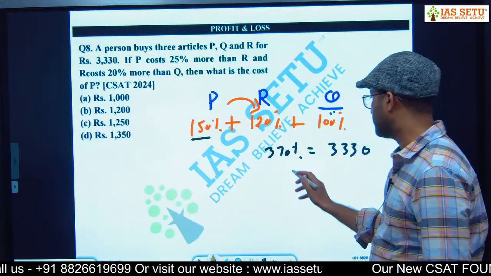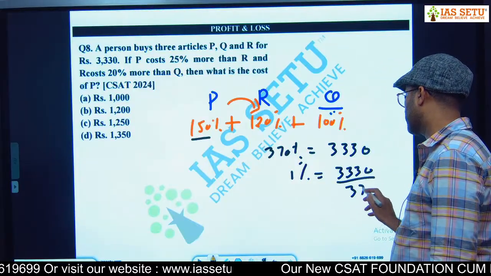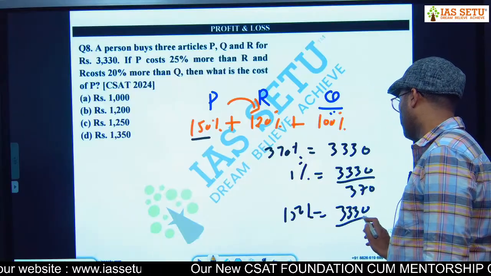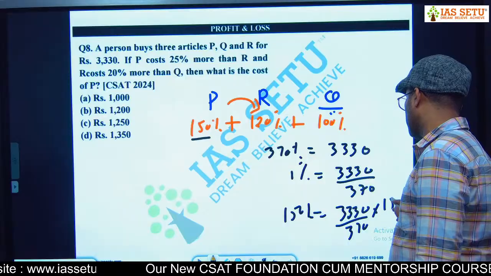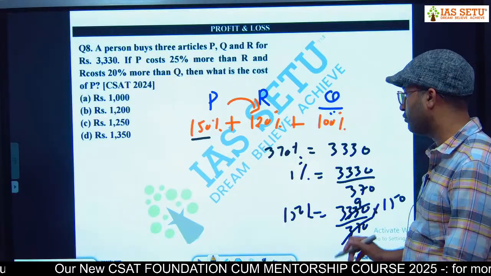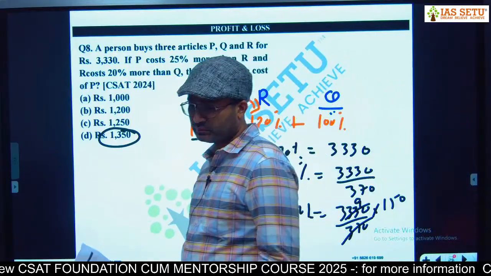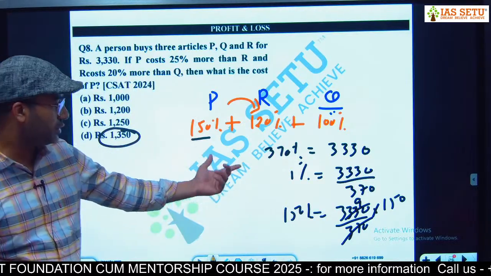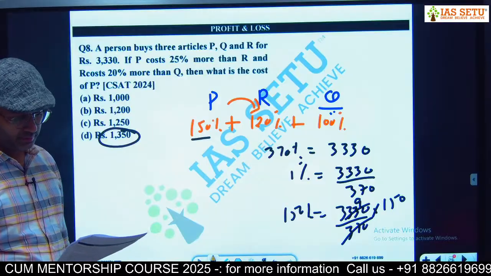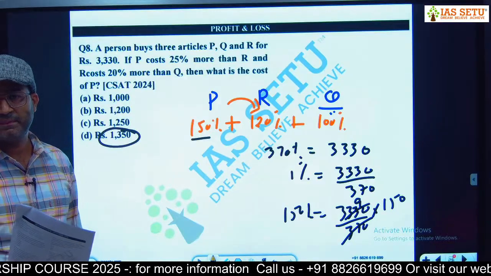पी की कॉस्ट निकालें, पी की कॉस्ट कितना है 150%, तो 1% इज 3330 अपॉन 370, 150% विल बी 3330 अपॉन 370 इंटू 150। इसको कैंसिल करोगे तो 9 आ जाएगा, 9 इंटू 150 इज 1350। यूनिटरी मेथड यूज कर लेना। एनी डाउट? नो।